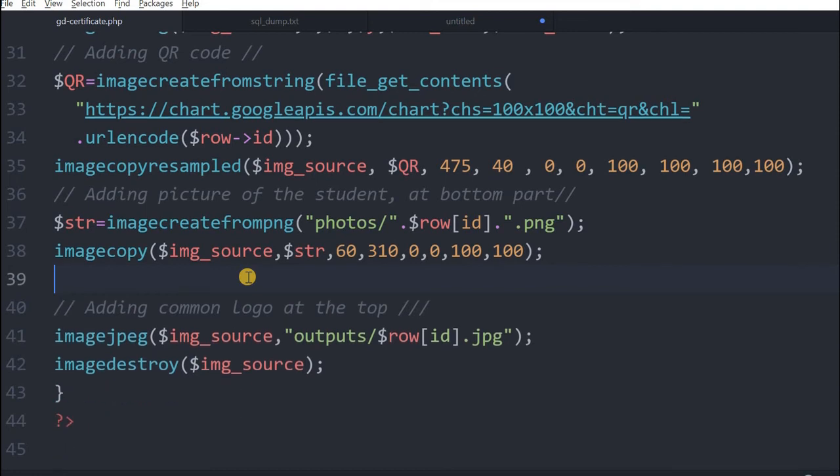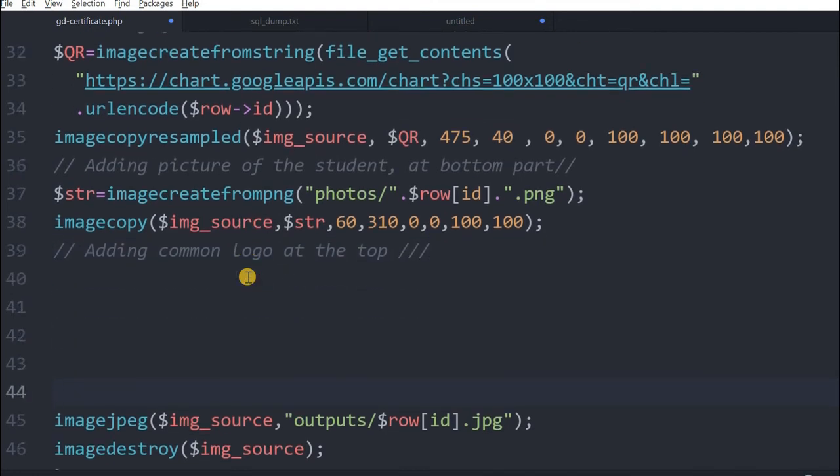So we'll go with our logo. If the logo is common to all the certificates, then better it should go with the templates. But we will still put it here because the same technique you can use to add any specific image. Suppose the student has a different house or hostel photo, it should be printed along with it, and it's unique to a group of students or a student. In that way, you can pick up that common image. So like this, any image can be picked up. But usually a logo of the university or the college, if it is common, better to use it in the template.